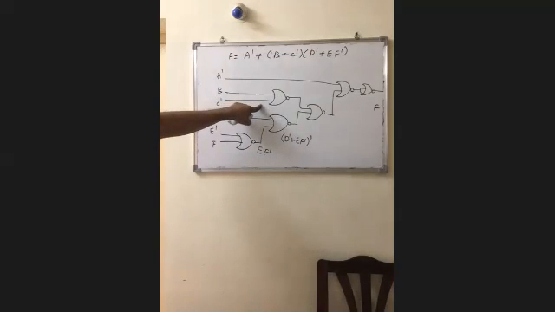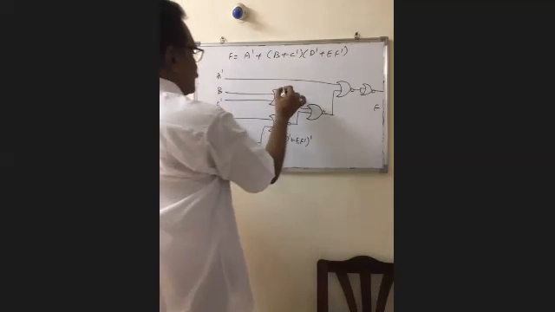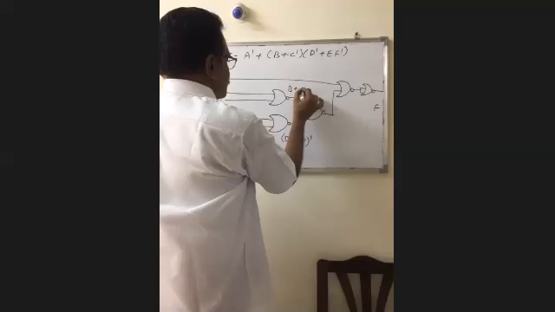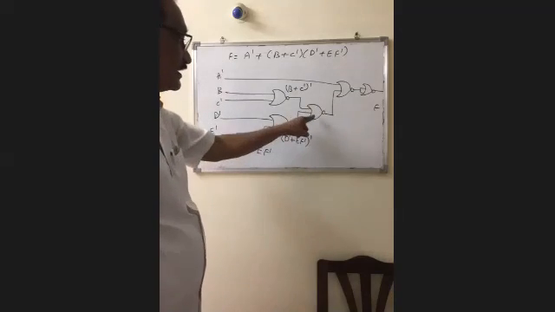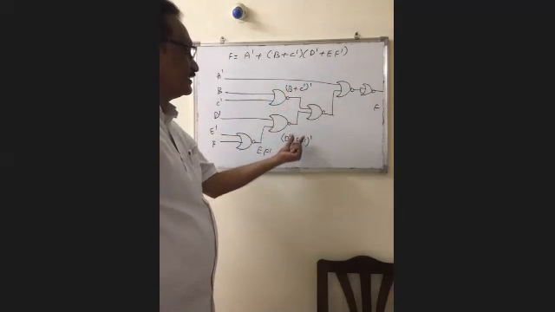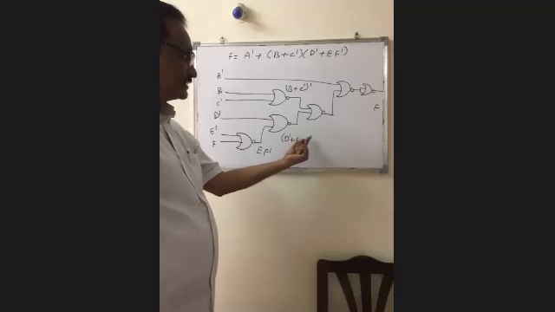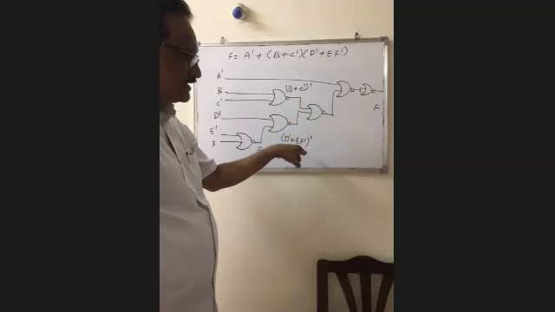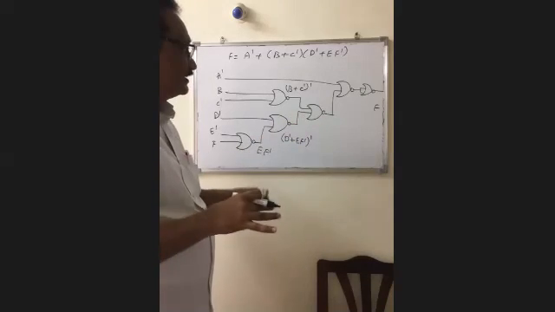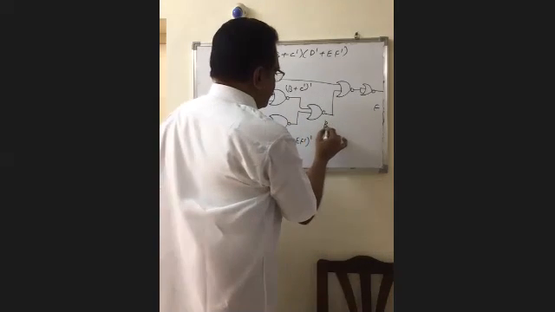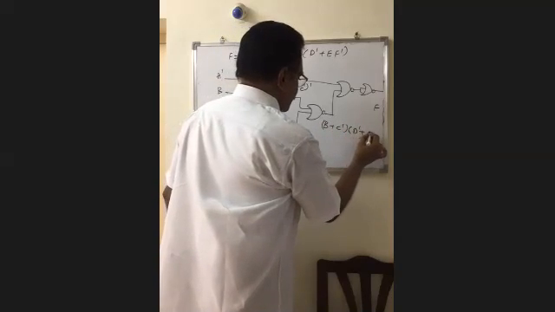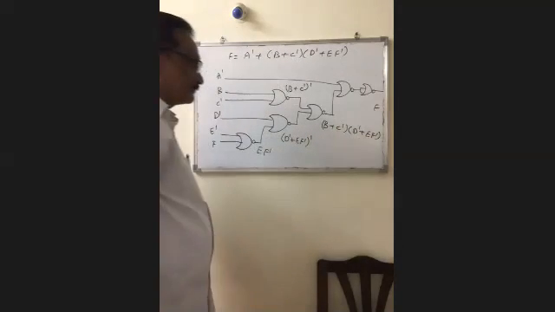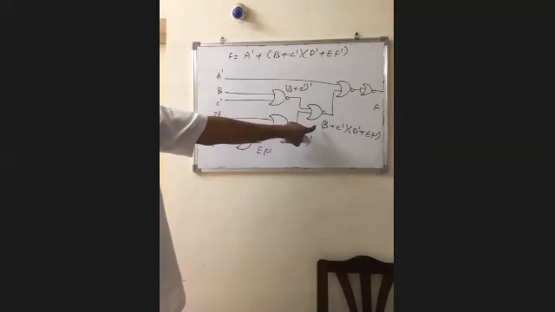So for this one, B plus C dash. So B plus C dash whole dash. For this NOR gate, one of the inputs is X and the second input is Y. So X dash plus Y dash whole dash can be written as X into Y. So it can be written as B plus C dash multiplied by D dash plus E F dash. Output of this NOR gate. Any doubt in that one?